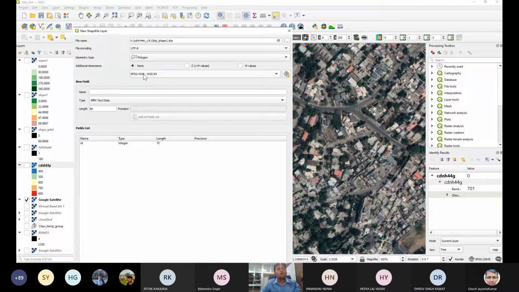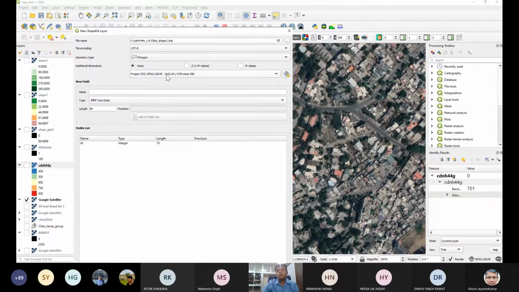This is also very important, which projection system, which coordinate system it should be. As we know, in Dehradun, we go for 32645, which is UTM zone 45N. All the DMs that we have done, LULC mapping, we keep 32645.